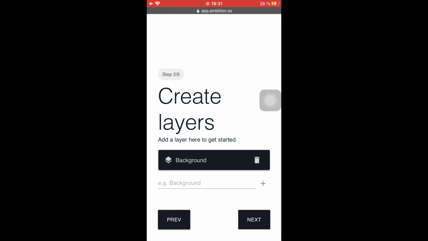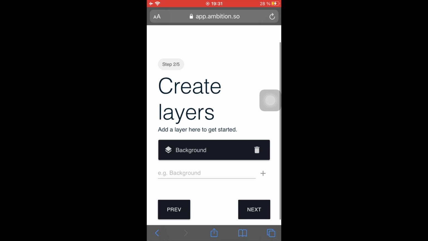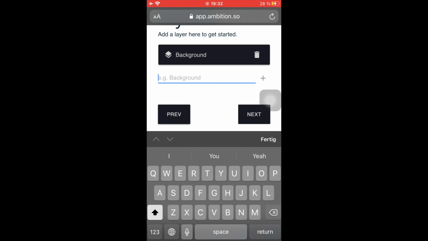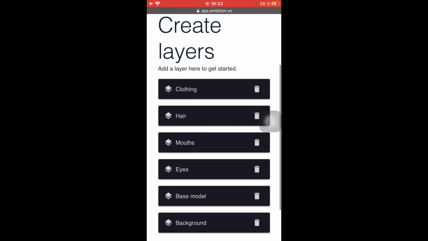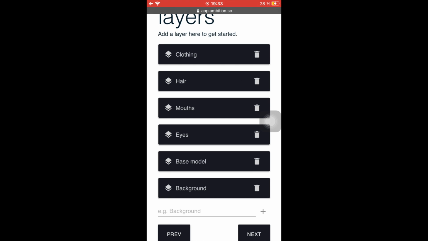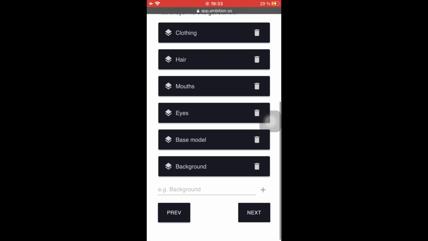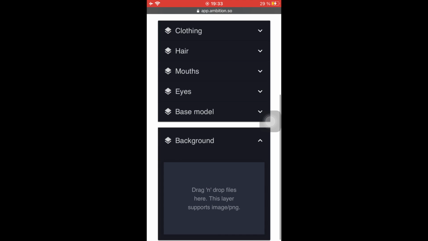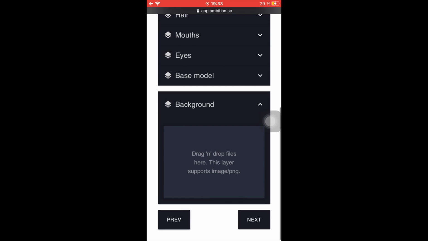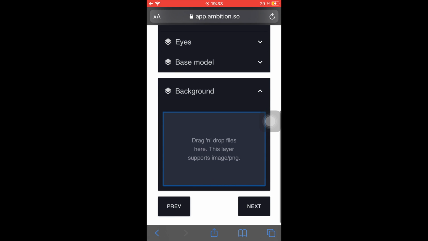And then we will be here at create layers. So basically what we want to do here is we have to create different folders for all the layers we have. So we have some backgrounds, then we have base, model, I'm just going to call it, just like that, and make sure that the background is all the way on the bottom here, and then that everything adds onto it, otherwise the layers will be messed up. So then we can just click on next, as simple as that,